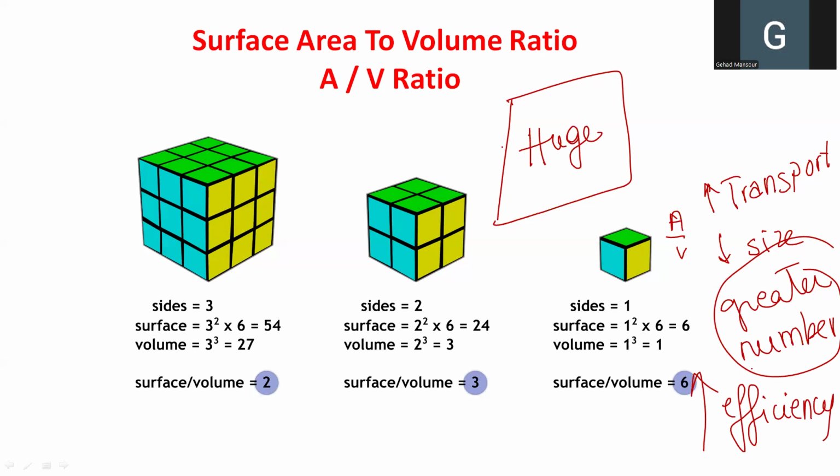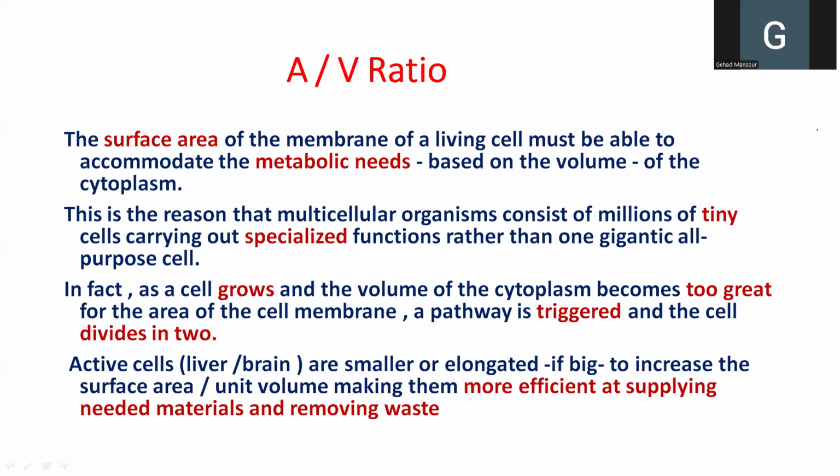So by increasing the surface area to volume ratio, you are increasing the power of transport in and out, or actually you can say the power of exchange, but meanwhile without occupying a huge space. We want this active cell to be small in order to have more of it in the same size of the organ and therefore increase the efficiency of the organ. So for the surface area to volume ratio, the surface area of the cell membrane of the living cell must be able to accommodate the metabolic needs based on the volume of the cytoplasm. That's why multicellular organisms consist of tiny small